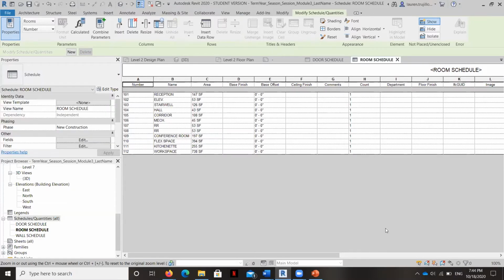The base finish, we have to populate that because we have wood baseboards and wood crown molding figured out, but Revit is still thinking about that as a sweep. And so we would have to tell this if we wanted to have vinyl base or wood base or paint base. The ceiling finish also should be populating, but it's not right now. And so what we would have to do is just type ACT, which is short for acoustical ceiling tile, in the places that we have acoustical ceiling tile. We also could type GWB for gypsum wallboard.